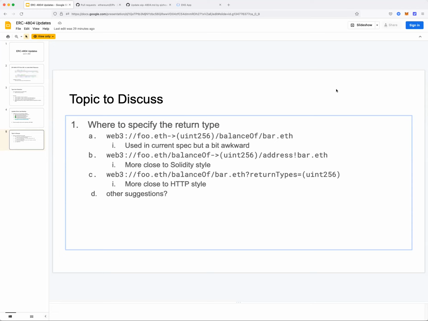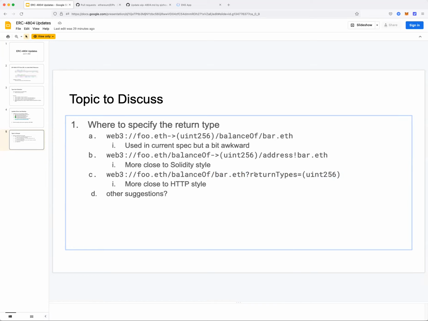Something I just thought of and I'm actually really confused about: let's use option C, the one you highlighted because it's easiest to read. Is foo.eth a token address, or a user address? It's a token address. More like, for example, USDT.eth. Okay. Oh, I see. And then bar.eth would be the user, or rather the address that you're looking up. Yes. I see.